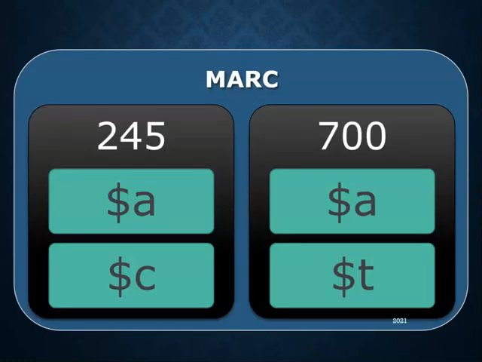MARC is set up like any markup language for a database. The data is contained in boxes that have numeric tags. Within those boxes are smaller boxes with alphanumeric tags. When we place data inside one of those boxes, MARC knows what kind of data it is and how to show it to the user.